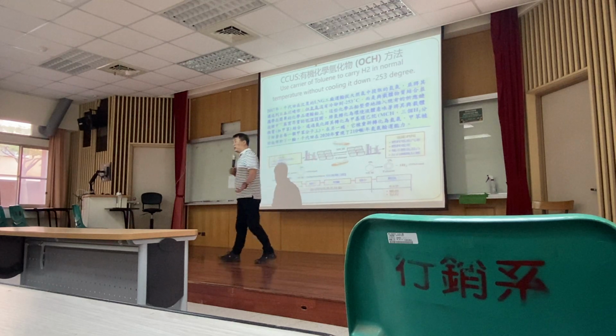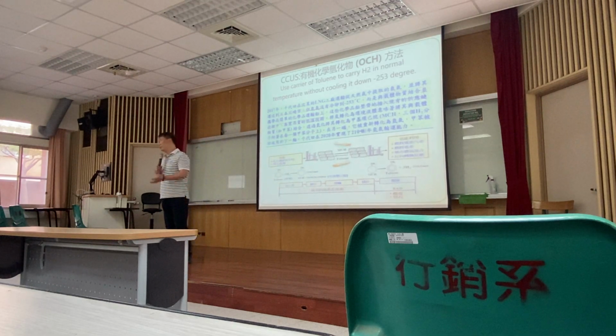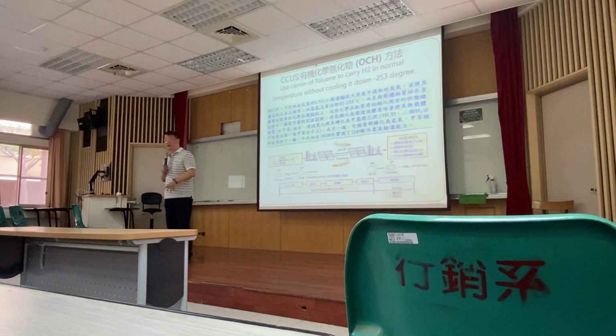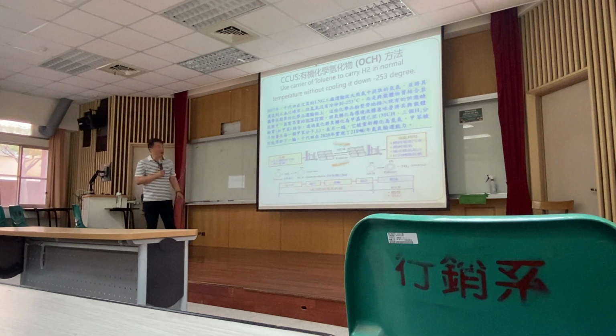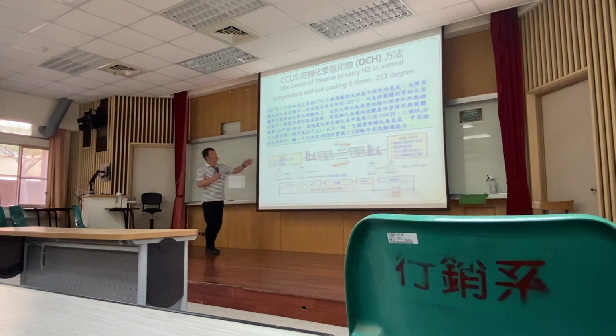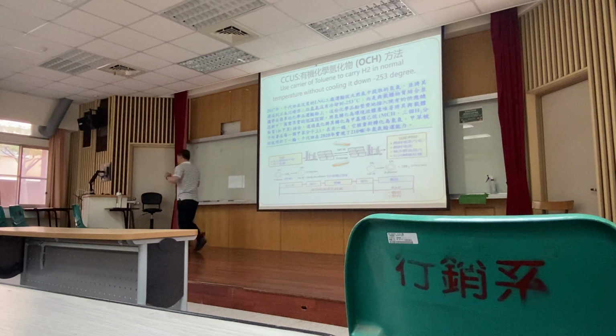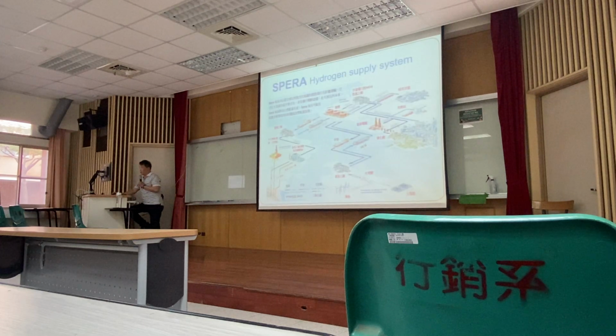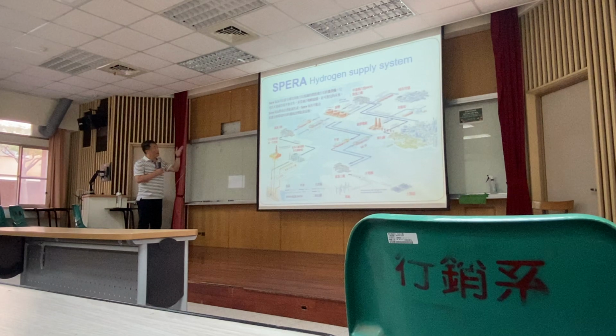So for hydrogen, you can get the hydrogen itself, or put it in what they call the hydrogen fuel cell battery. It's going to generate electricity as well. So there are different uses, and this is to carry hydrogen itself. I didn't translate everything, but I put some important facts here in English. So this is a case study by a Japanese company, and also, this is an overview of the hydrogen supply chain. It's a supply chain by Spera. This is by the company.